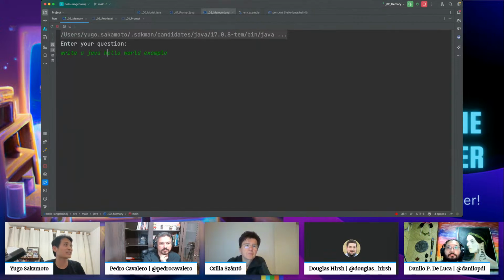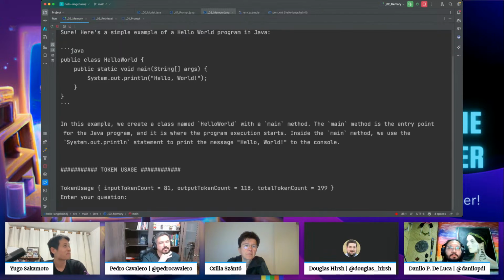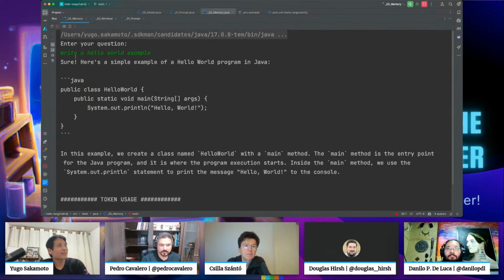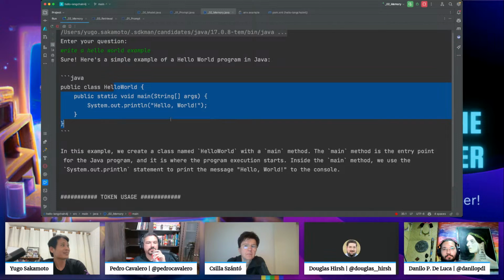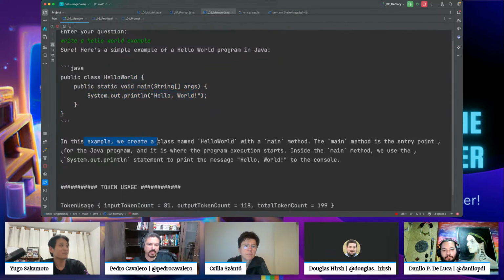Actually, it is already a Java bot, so write a hello world example. It will write in Java because I instructed it to write in Java. Good. So I asked it to write a hello world example, and the model answered with hello world and the System.out.println hello world. And in this example, we create a class named World with blah, blah. Yeah, a small